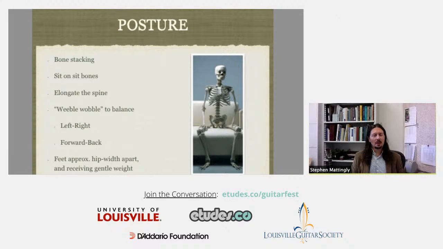And we begin to then sit not really on our bottom, but we sit kind of leaning back. And that's a really bad habit to develop. We want to elongate our spine. I say it's kind of weeble wobble to balance left, right, and forward to back. So I will often have students just gently lean forward. This is before the guitar is even in the student's hands. Gently lean forward and feel that balance and gravity begin to take them toward that forward momentum, and then lean